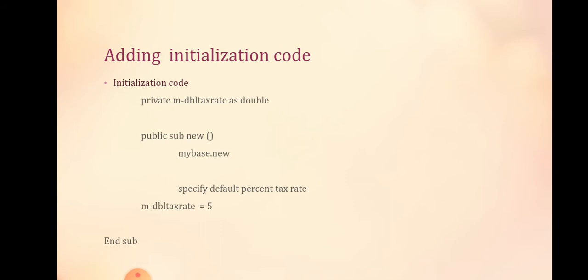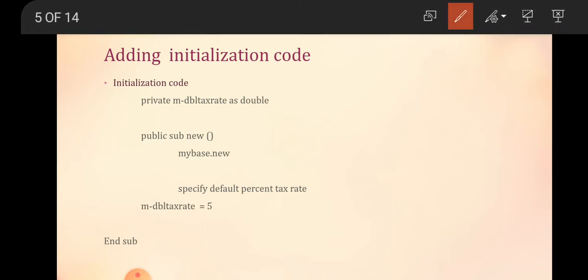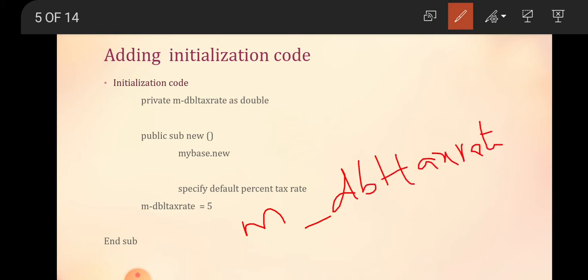Next, create a function, public sub new, and specify the default percentage as constant m underscore dbl tax rate equal to 5. This specifies the default percent tax rate as a constant.